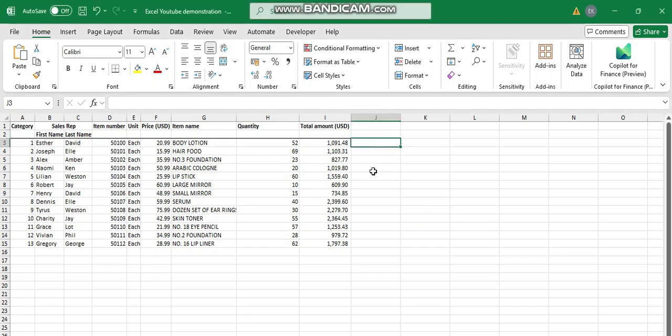Let's start with the concatenate function. This function is used to join data that is in two different cells. For example, let's say you want to have the first name and the last name of the sales reps in one cell. So what you do, come to the cell where you want the two names to be, put in